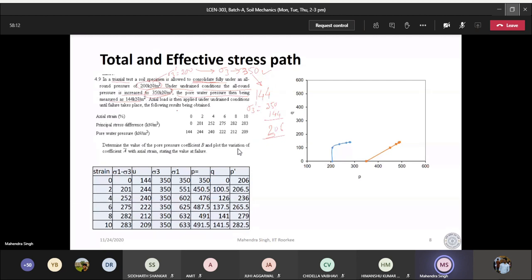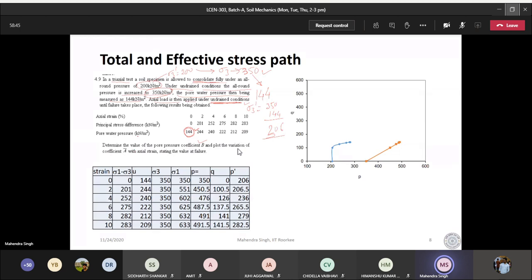Now he says this is the pore water pressure. So at the beginning of stage 2, the pore water pressure is 144. Now axial load is then applied under undrained condition. Now we are applying load under undrained condition until failure takes place. Following results were obtained. Determine the value of pore water pressure coefficient B and plot the variation of